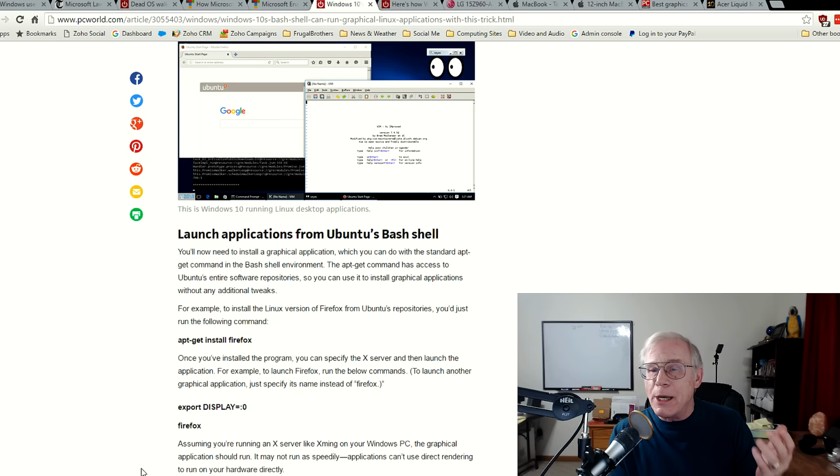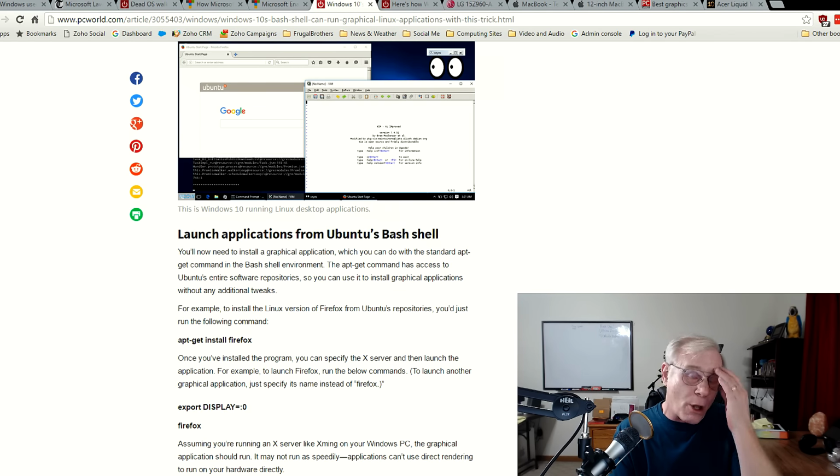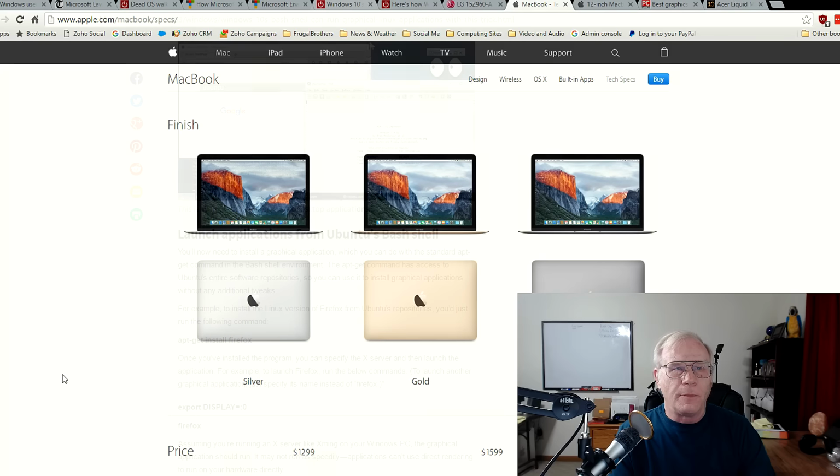I think this, though, is amazing because you don't have the overhead of a virtual machine or any of this stuff. So I hope to see big, big things come in this direction. I'm glad to see that Bash will be available for Windows. I'm glad, and I hope to see the ability to run some Linux applications more natively on Windows 10 rather than installing a virtual machine and doing all that stuff. Wouldn't that be cool? I think it really, really would be amazing.